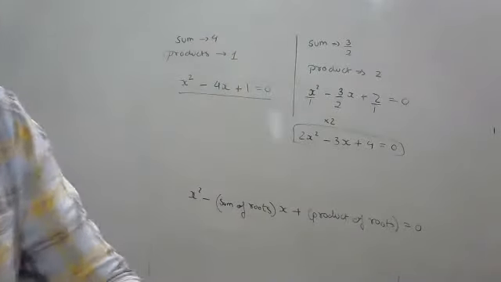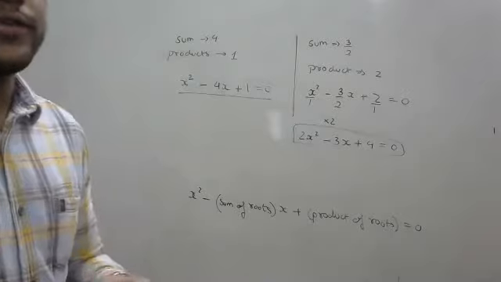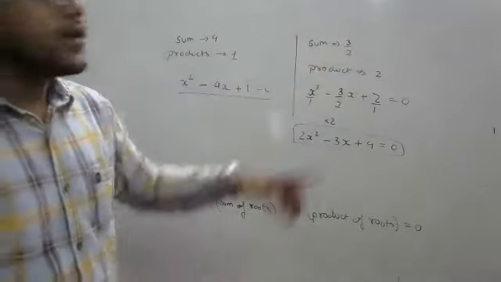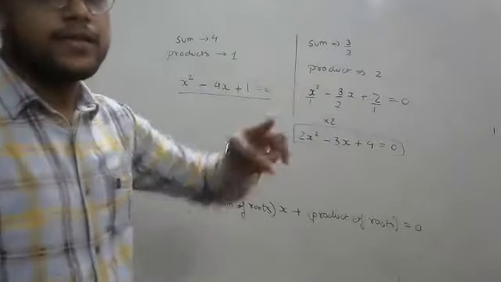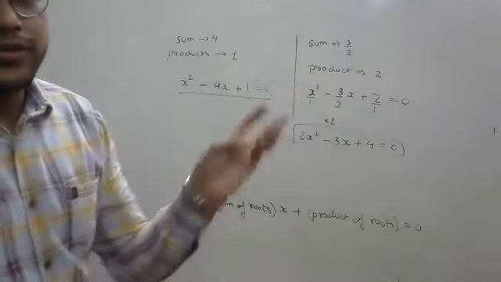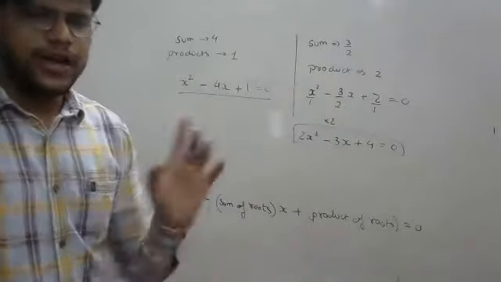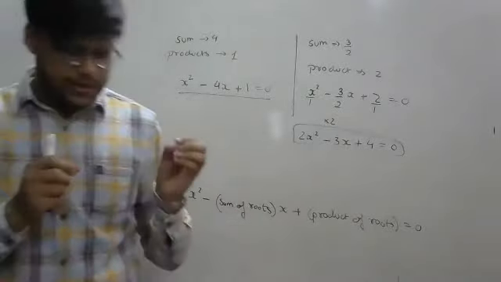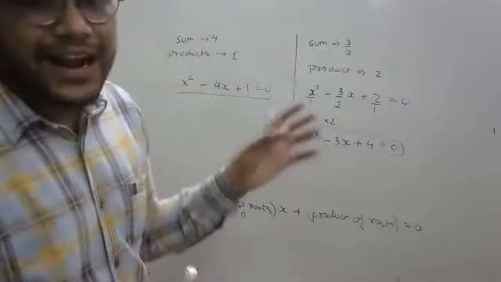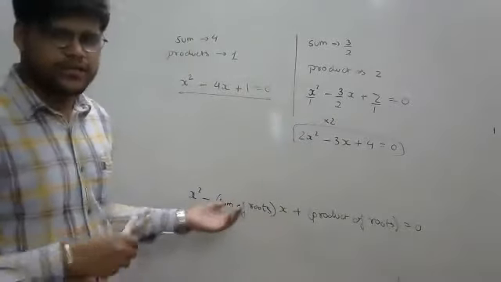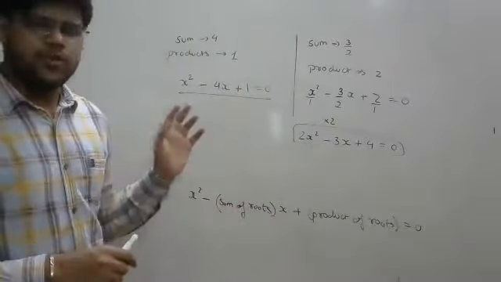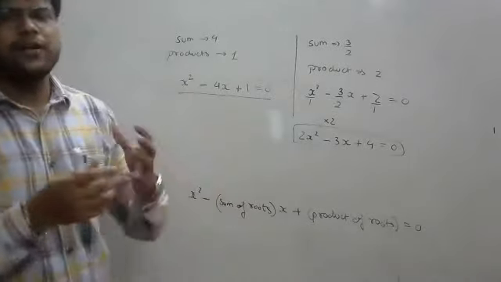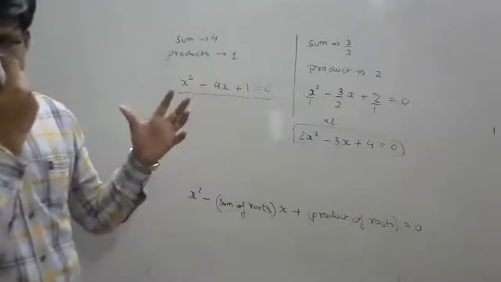So even this method is fine, and the method which we were using previously, writing minus b by a as the sum, c by a as the product, then comparing and getting the values of a, b and c and writing the answer, even that method is good. But the main goal should be understanding the reason. It's okay if you remember the formula, you will be able to solve an exam. But why that particular formula was right, you need to understand.